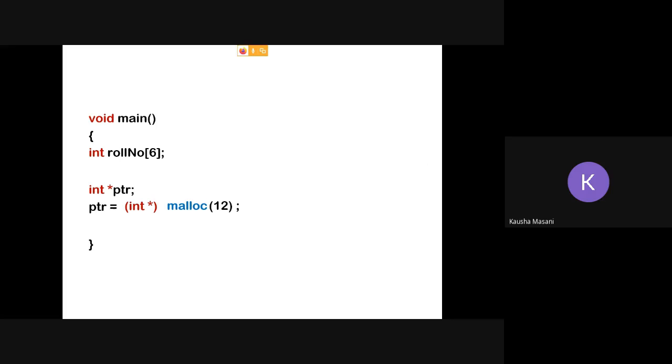Now see, as I said, if you want both of them to reserve the same amount of memory, this is the change you need to make. Instead of malloc 6, you have to write malloc 12. Then you can say that malloc 12 has assigned a 12 byte memory block. Again, it is a single memory block. It is not byte by byte, or single memory blocks of 2 bytes each. It is one full single 12 byte block, and you are free to use it in whichever way you want.